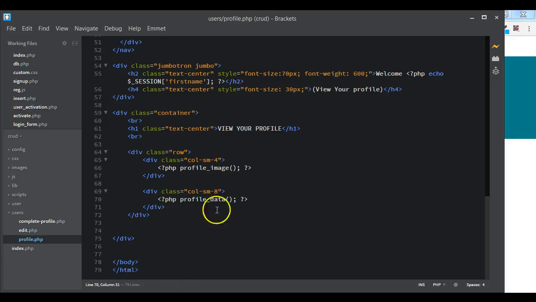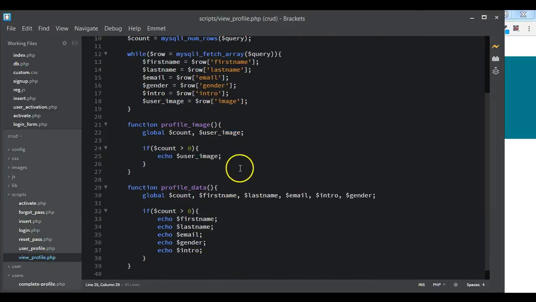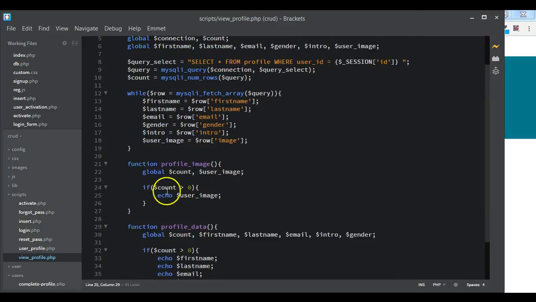So we go back to our page. Before we work on adding some CSS, let's go back to the script, that is the view_profile.php. Now what we want to do is perform a check: if count is less than 0, display an error, else display the image. So we are going to start here. If count is less than 0,